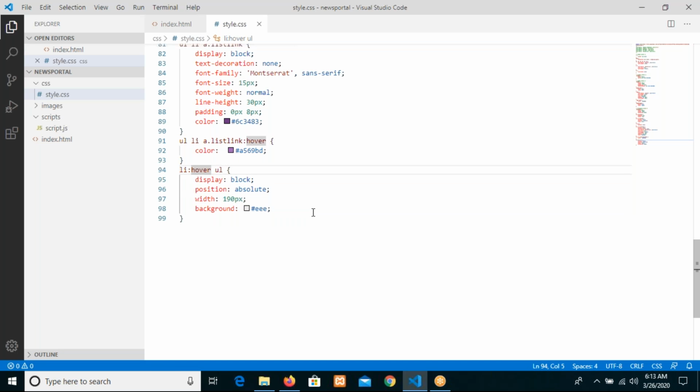When you place a mouse over on li, we are having ul and